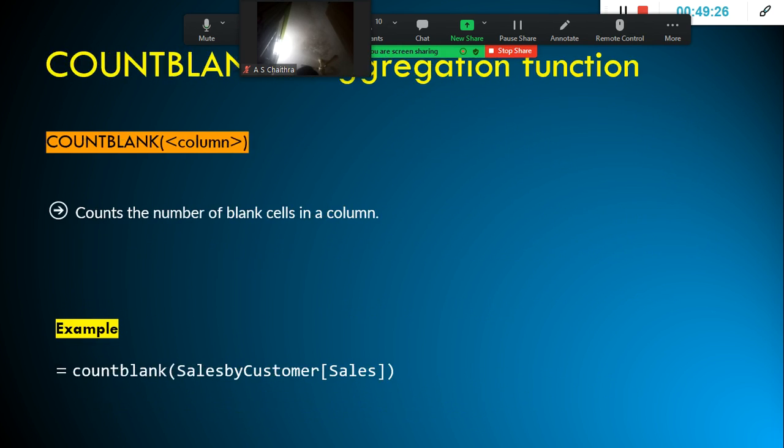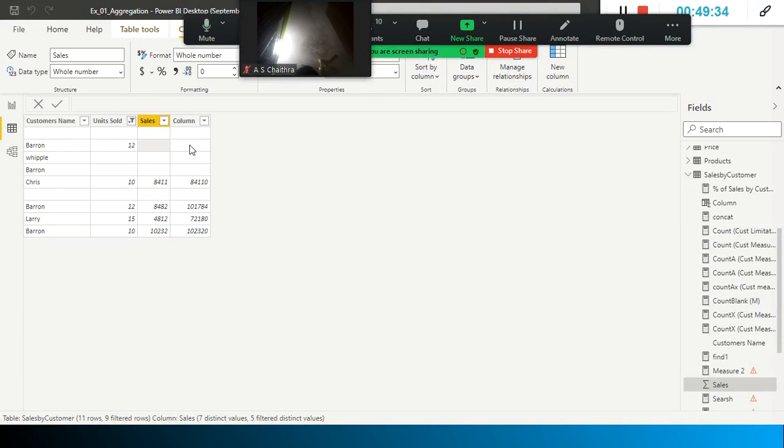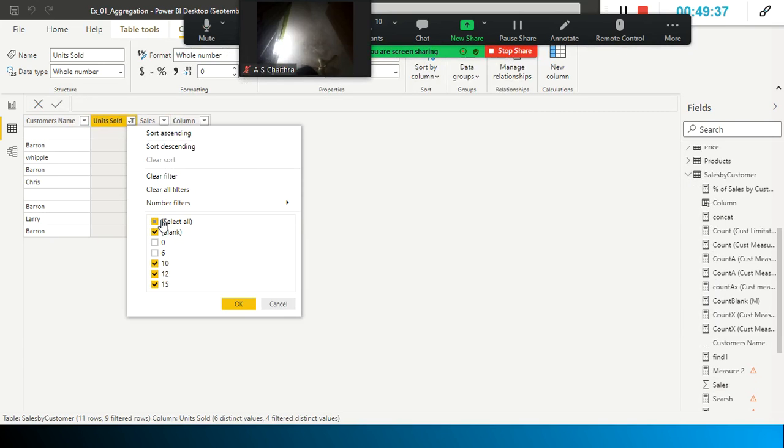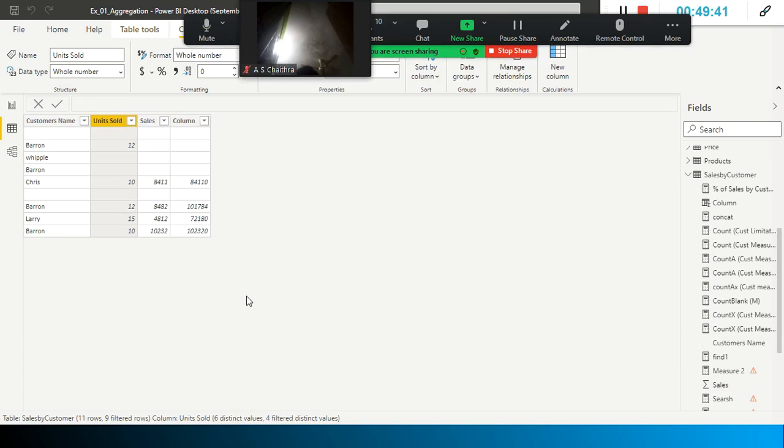Next one is COUNTBLANK. As the name suggests, it finds out the total number of blank records in total. Okay, so here if I just remove this one, select all. So how many blank values here? 1 and 2, right?